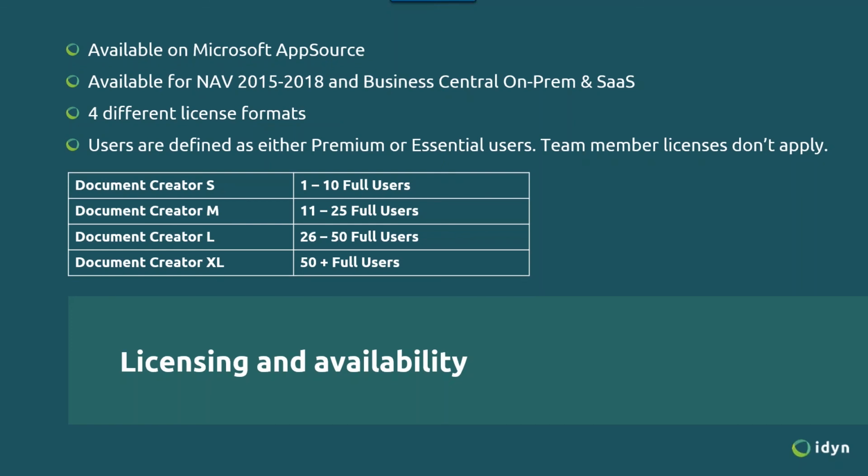It works exactly the same, but then of course focusing on the traditional NAV report objects. We have 4 different license formats, which is all linked to the number of full users that are part of your installation. You can read it here on the screen, the small, medium, large, and extra large installations. Please note that when we talk about users, we are not talking about team member licenses, but only full users are counted in this